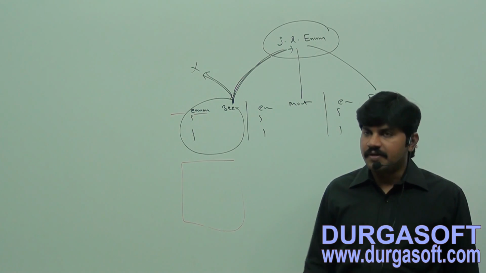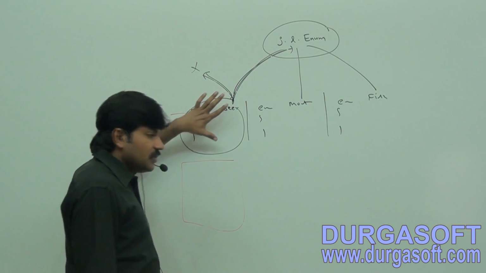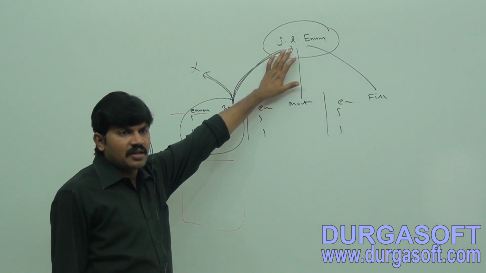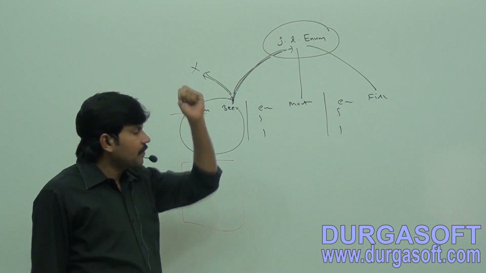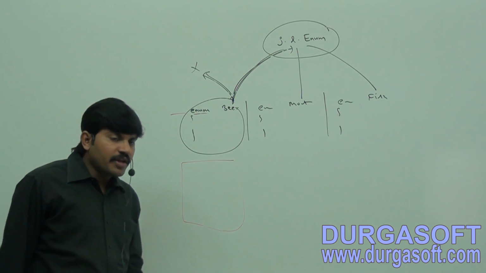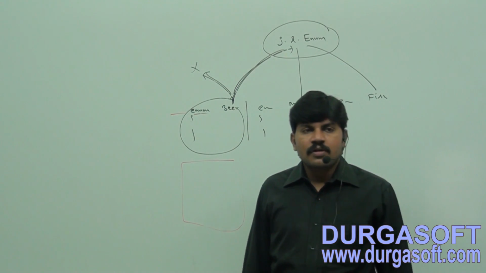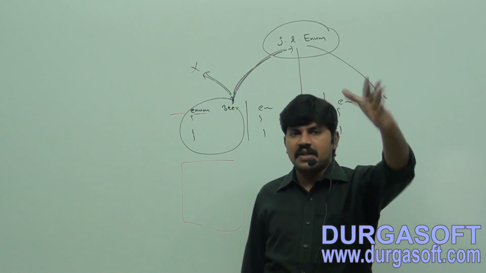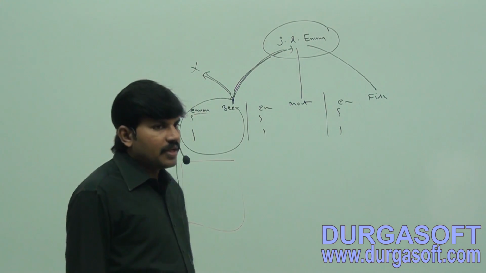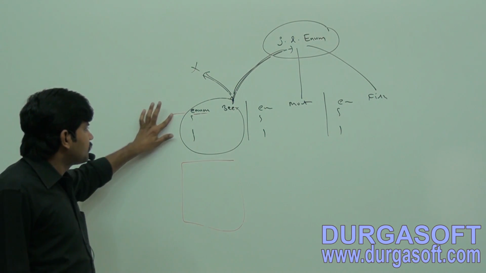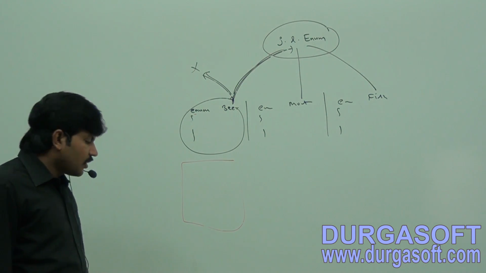Second point. First point is clear: every enum is the direct child class of java.lang.Enum, and hence we can't extend any other enum. Second, every enum is always final implicitly, and hence